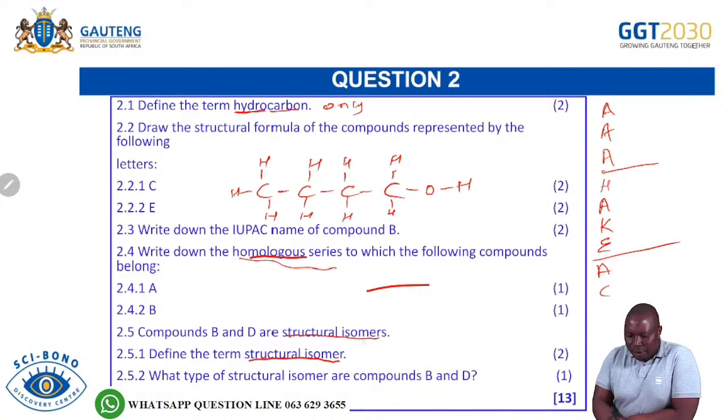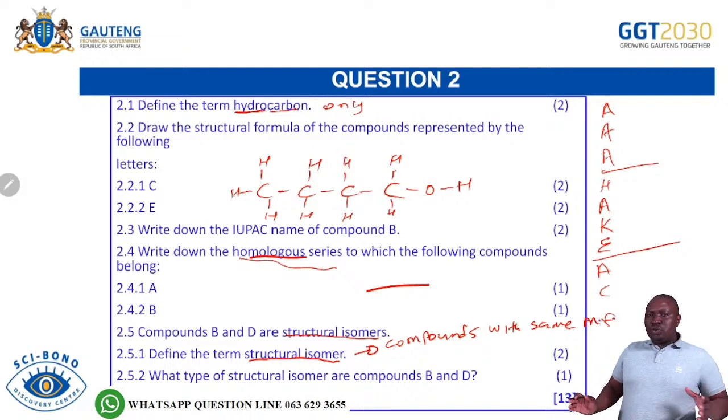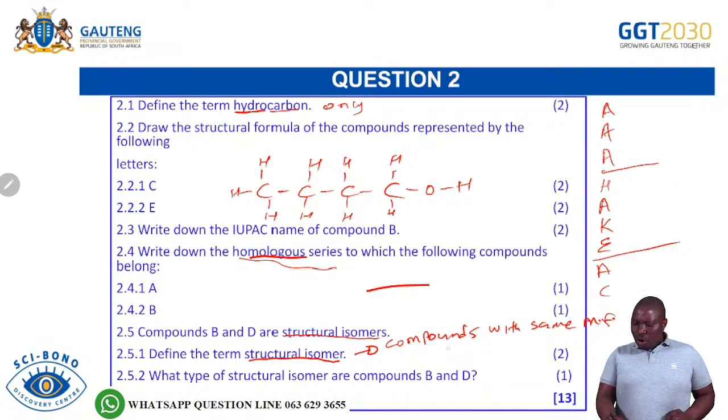Remember, when you are defining isomers, you will always remember that these are organic molecules. These are molecules or compounds. You can just say compounds or you can say molecules. It's fine. Compounds with the same molecular formula. So they have the same molecular formula. Forgive me for writing MF for molecular formula, but in the exam, we want you to write molecular formula in full. So compounds with the same molecular formula, but different. The different always goes to the structure. It will tell you what is different, the name of the isomer. So this one, but different structural formula.